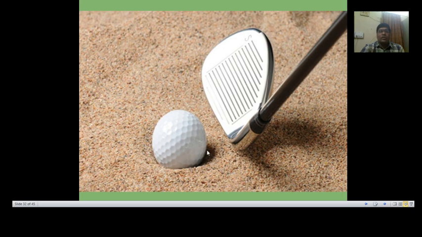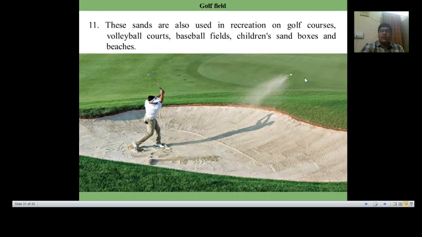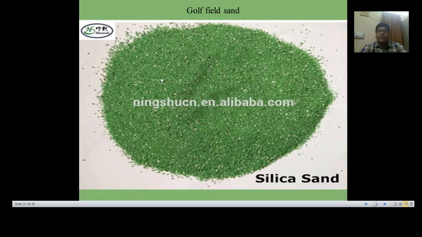It is used in the golf grounds. To make the ground surrounded entirely by lush green, why should the sand be white in color? These sand grains, quartz grains, are given a green color, so they can be made green. That's why green colored sands are available. Coarse grade, fine grade, in all the grades these are available.